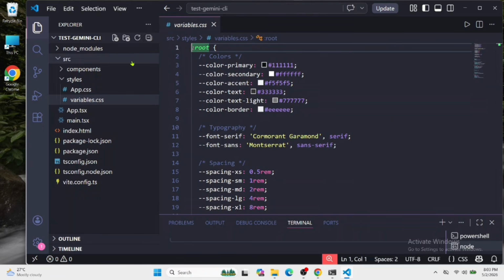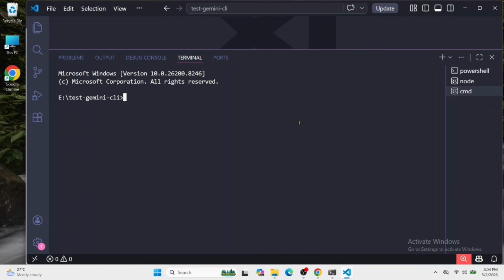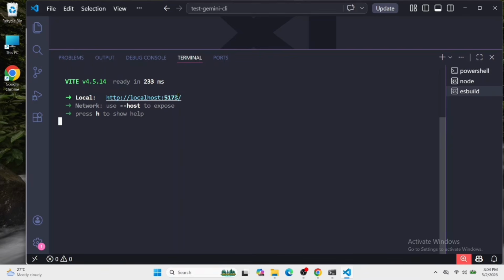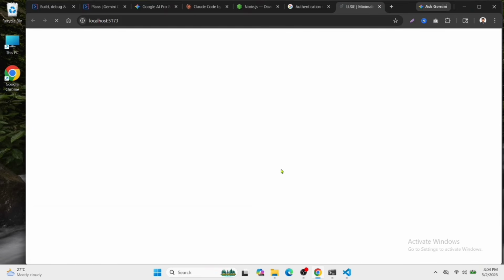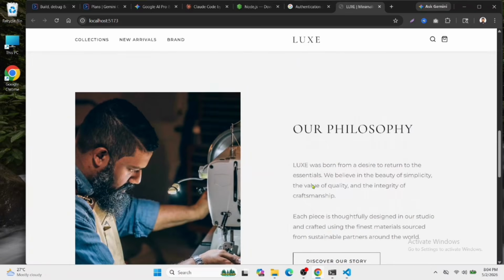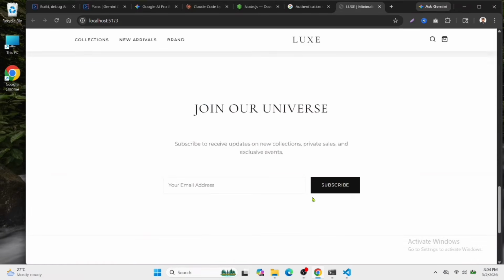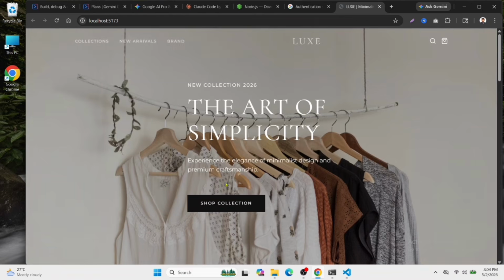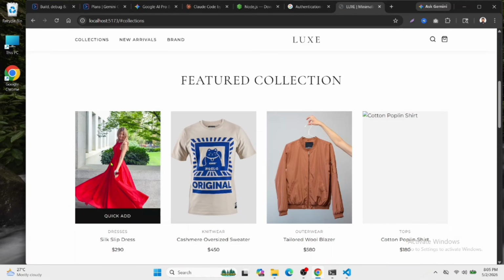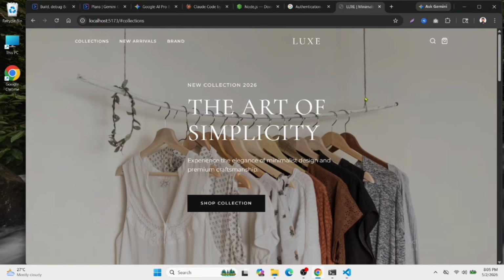So right now when it's done, what you can do is run npm run dev, and if you press enter, you will see you will have a localhost. So you will open it, and right now you will see your website. Okay, you can see it created this landing page for me, and it's much more elegant actually. If you check it, it has all of this stuff. You can click the shopping sections, you can just click it, add to cart, you will have all of these products. Okay, it's very minimal, and I hope you understand how you can do this using Gemini CLI,